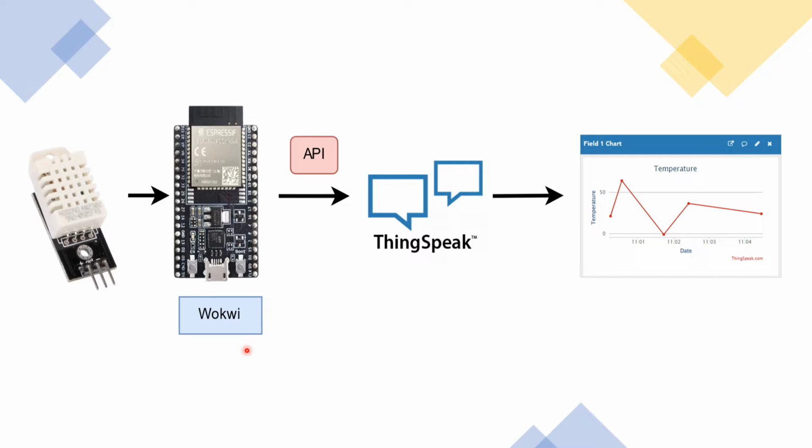And here we'll be configuring the details of ThingSpeak, which is an IoT cloud platform where we can show dashboards like this. So this is the process where we'll be embedding some API keys in Wokwi, and then you will be able to send the data to the ThingSpeak dashboard, and you can visualize the data in gauges as well as in charts like this.